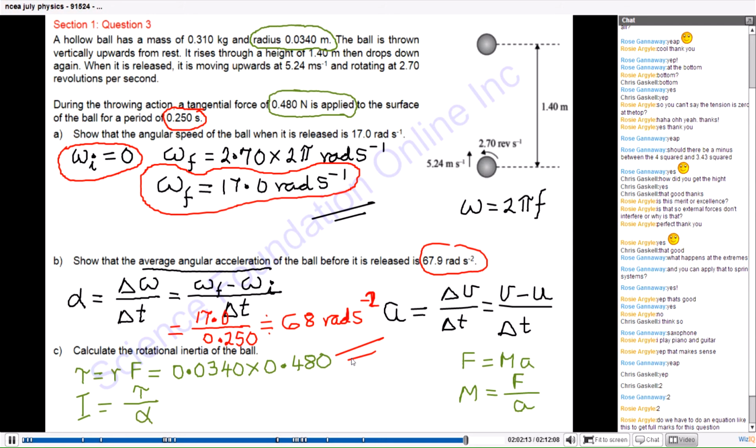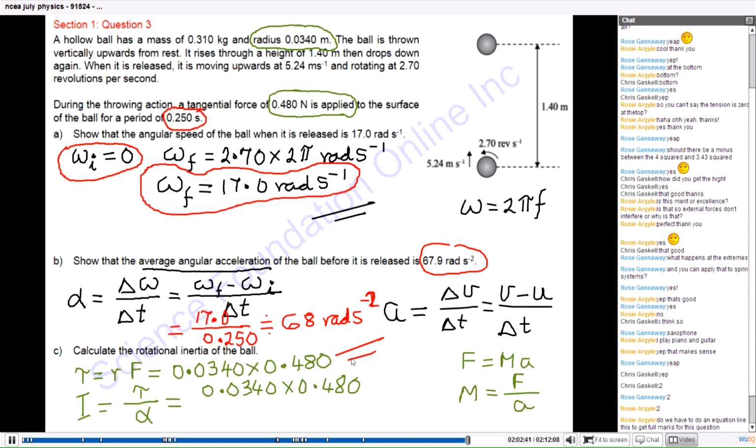Right? These are all equations you know. Torque is I alpha. So I'm just rearranging it to I is equal to torque divided by alpha. And then that will give us the torque, which is this number here, 0.0340 times 0.480